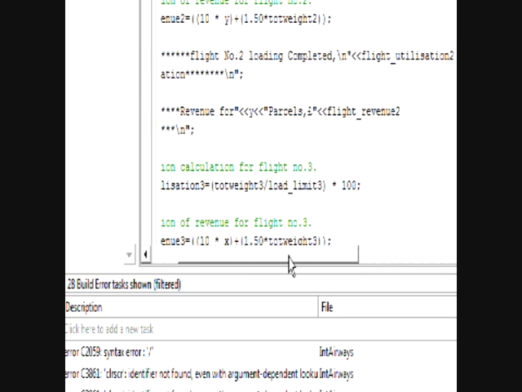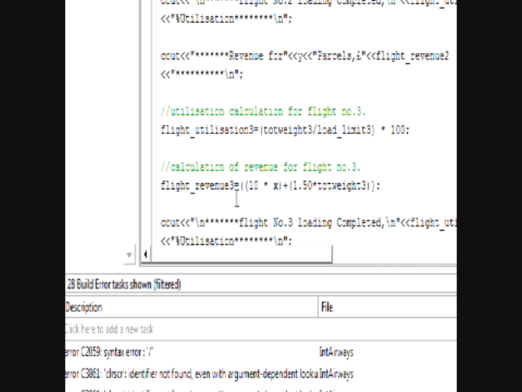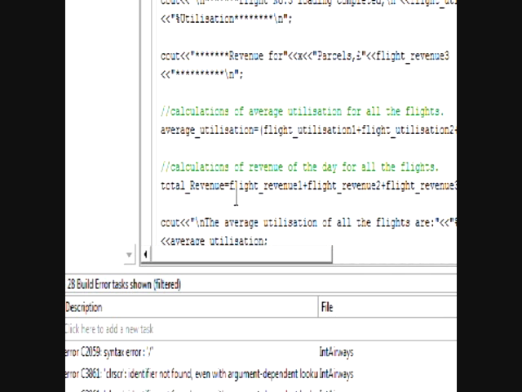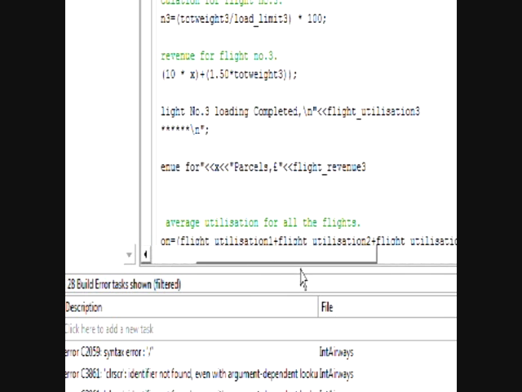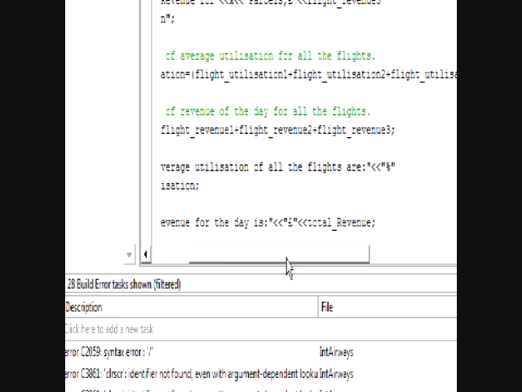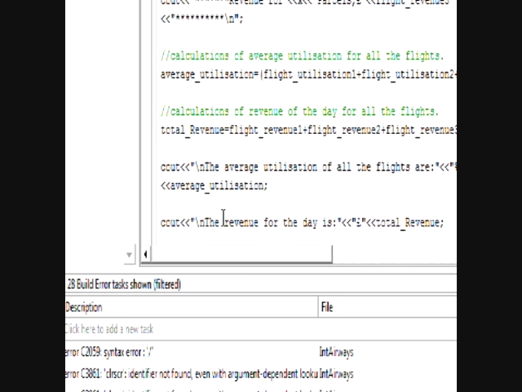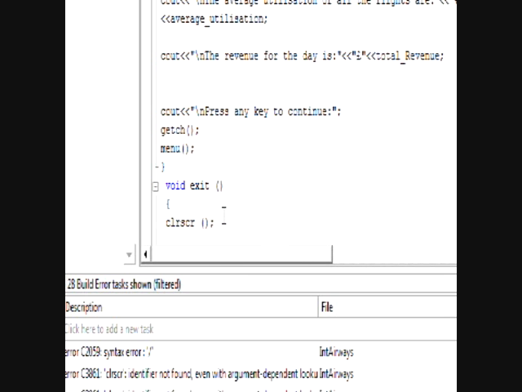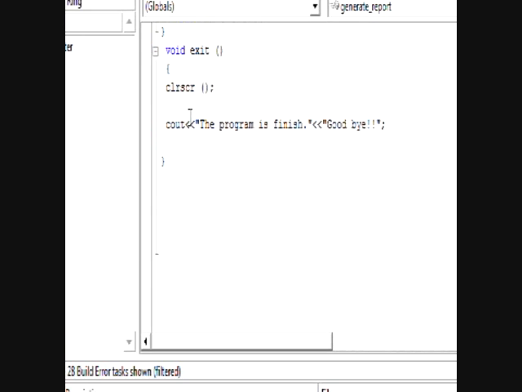History display, and so it's the same thing for flight number 3, history display. Press any key to continue and so forth, and that's it. The program is